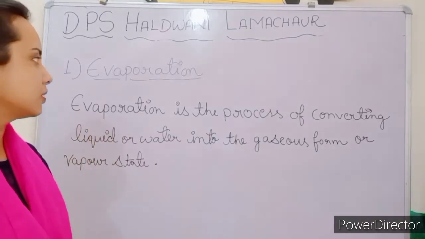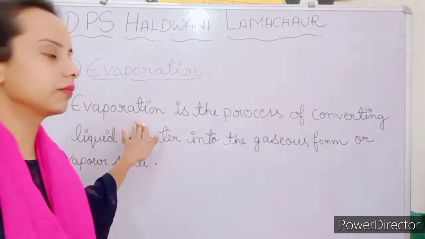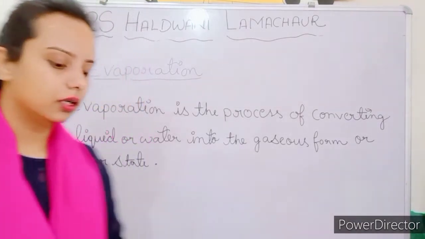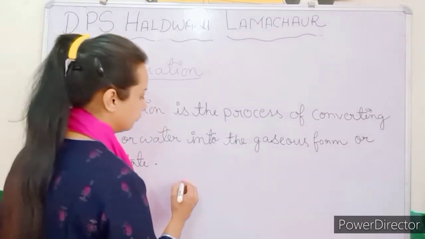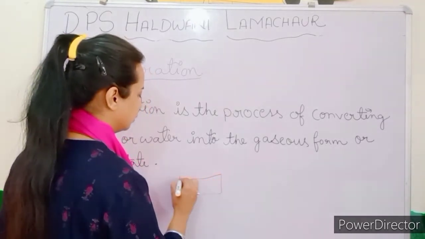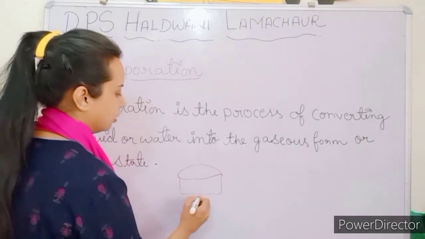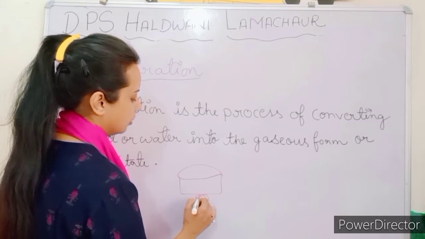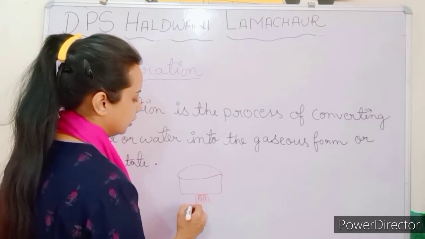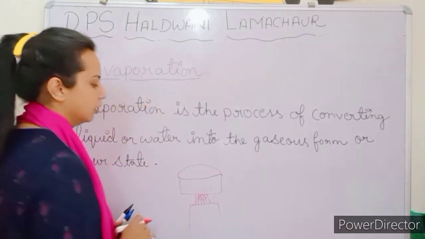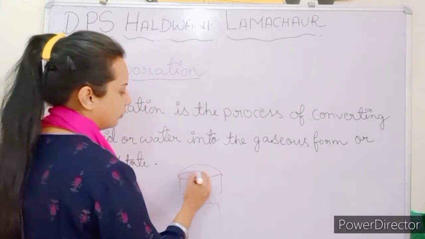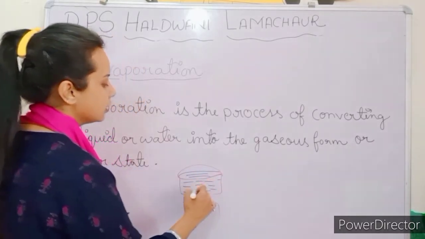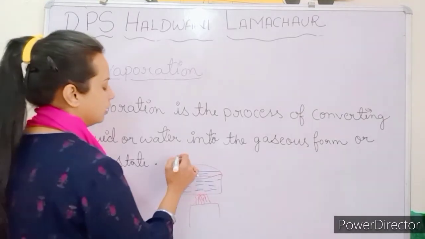Okay, so this is the first process in which the water converts into the gaseous form. Here, for example, I am having a pan, and below this, a burner where we are just applying heat. We are heating the water, and when the water present in it gets heated up, what happens? It will convert